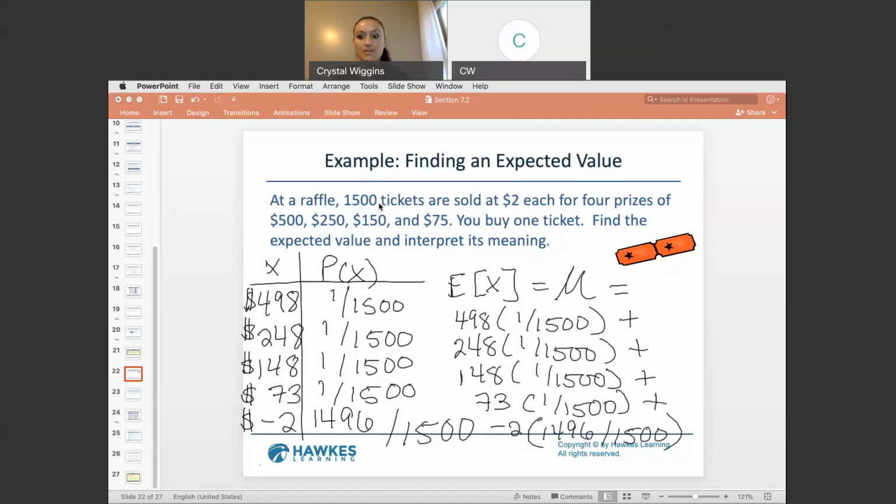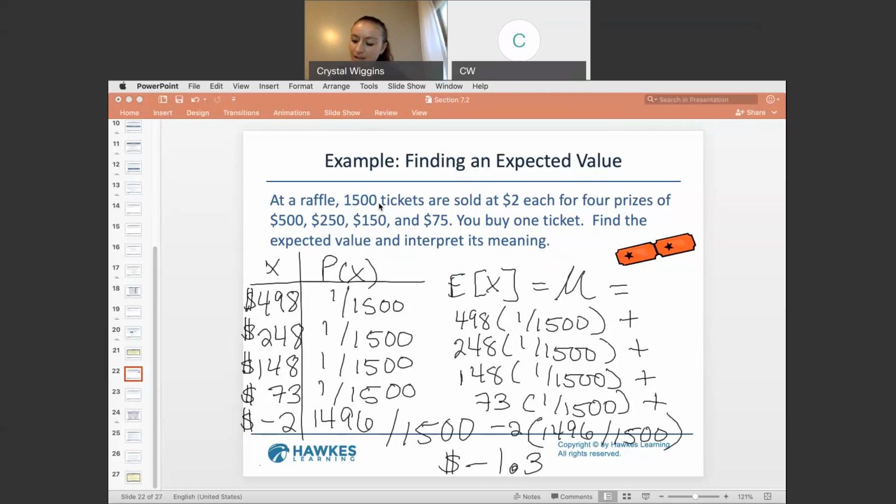When we add these all up, we will get our expected value of the ticket we're holding. So let me do that real quick in my calculator. So I have 498 times 1 divided by 1500 plus 248 times 1 divided by 1500 plus 148 times 1 over 1500 plus 73 times 1 over 1500 plus -2 times 1496 divided by 1500. I get an expected value of